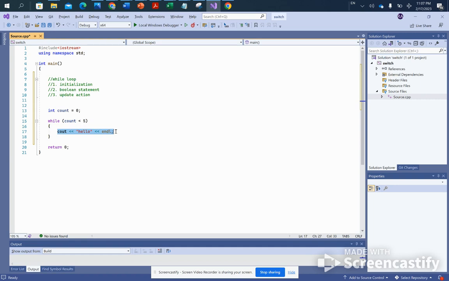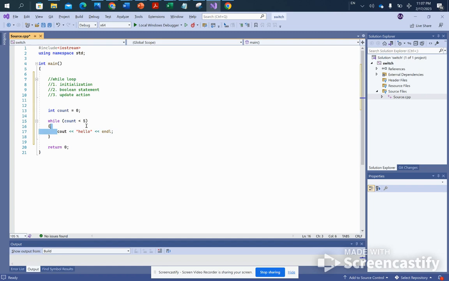So in other words, you need to think, what is the block that I need to repeat? The block that you need to repeat must exist within the block of the while. Again, the block that you need to repeat must exist within the block of the while.